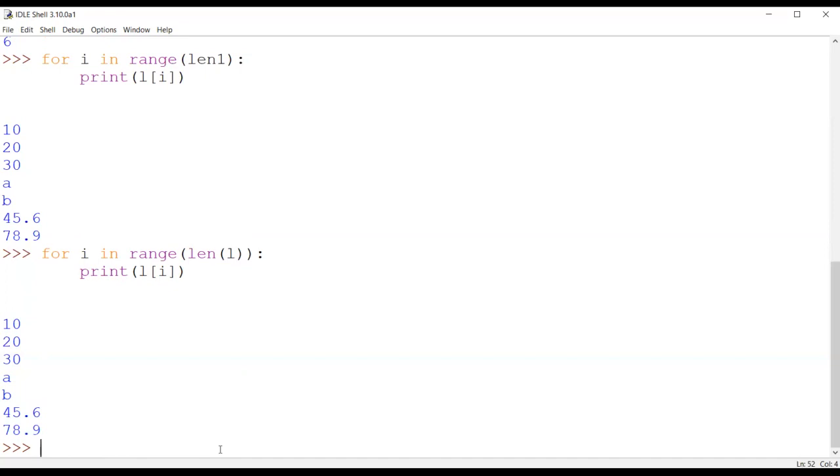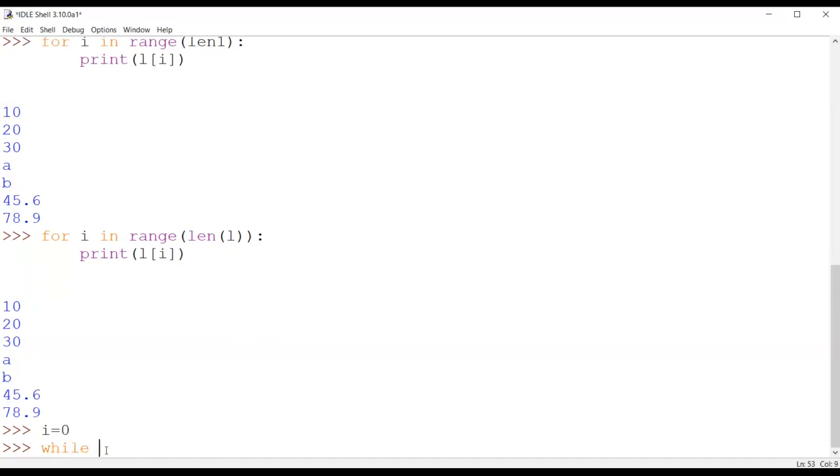Similarly, we can apply a while loop also. Let me show you. Like we have already calculated the length. So if I say while, first of all, I need to write i is equal to 0.